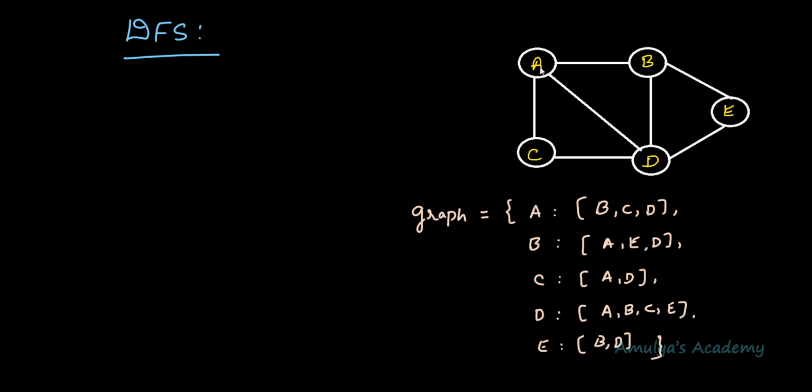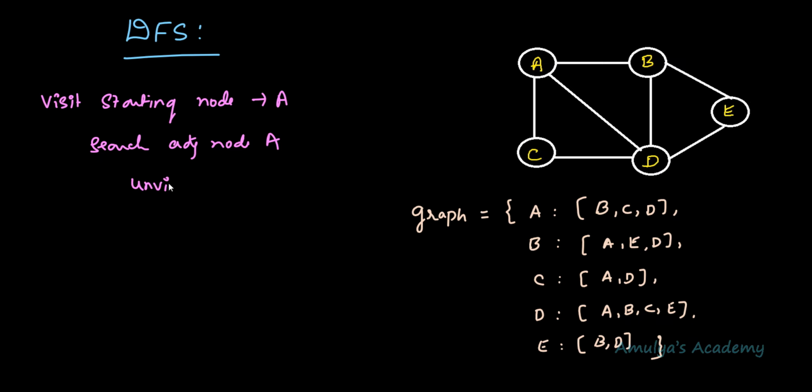And next, after choosing the starting node, what we need to do? We need to visit the starting node. First step is visit starting node. So after visiting the starting node, I need to choose one of the unvisited adjacent nodes of A, that is starting node. Here if I take A as the starting node. Next we need to visit the adjacent node of A. So search for the adjacent nodes of A, and in that we need to visit the unvisited adjacent node of A. Visit one of the unvisited adjacent nodes of A, for example B.